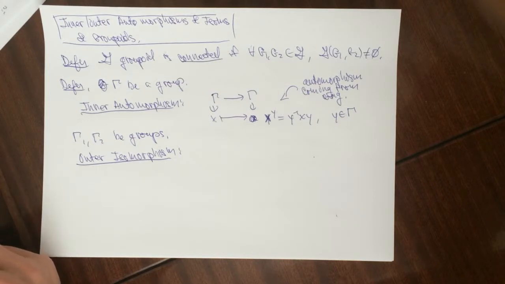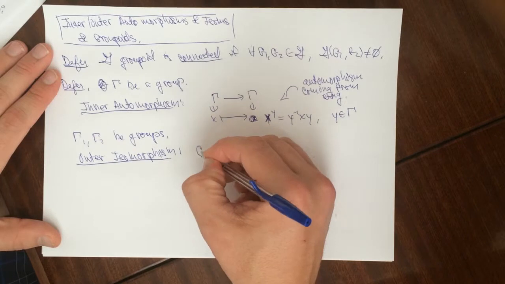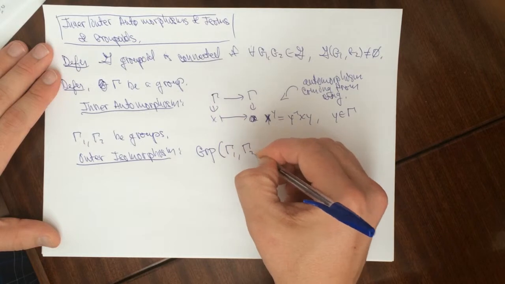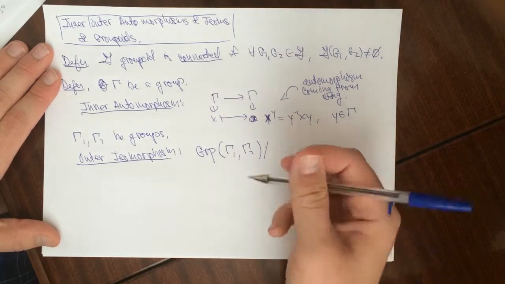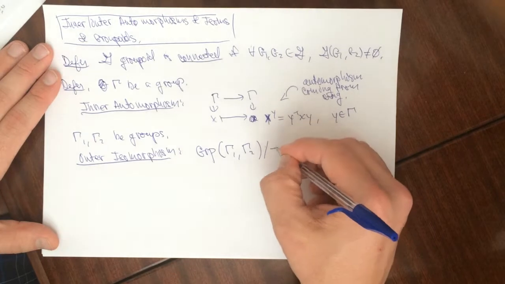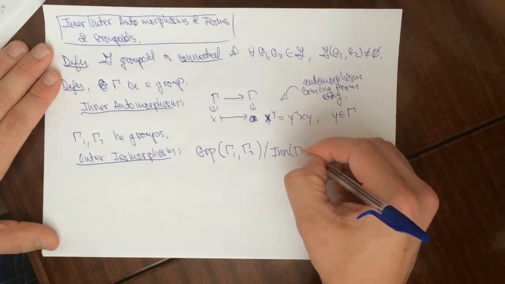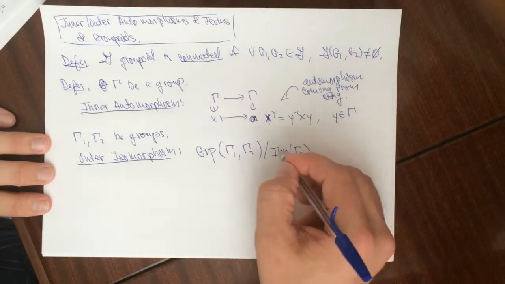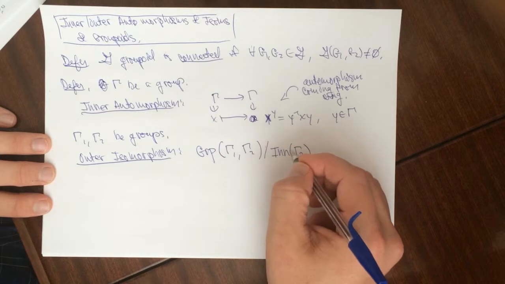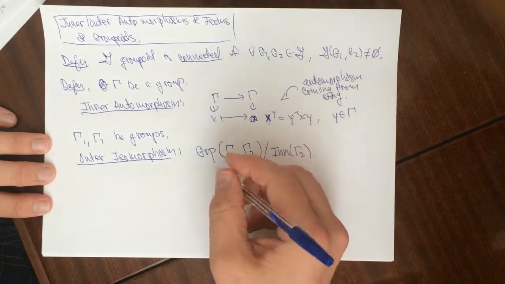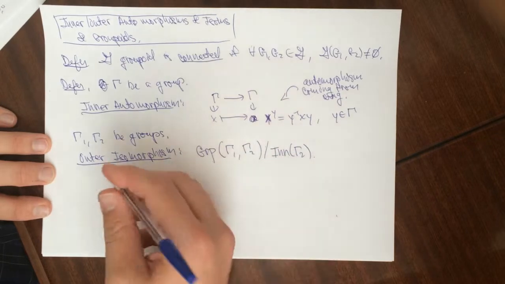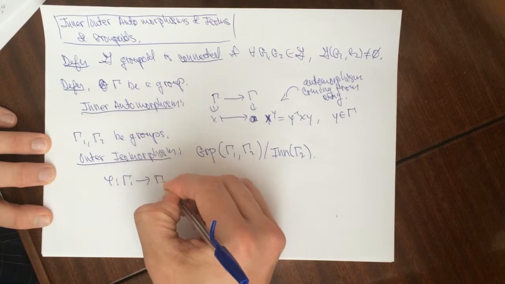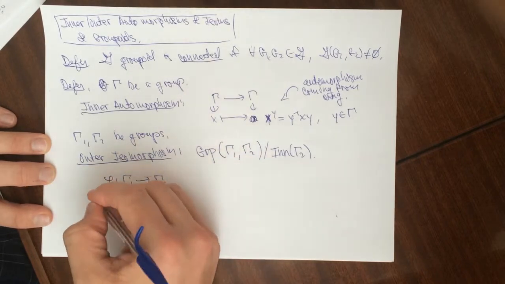Okay, so what you can do is you can take, in the category of groups, you can look at isomorphisms from gamma 1 to gamma 2, and then you can mod out by the inner isomorphisms of gamma 2. Okay, so let's look at the action here. So here's the action by conjugation, and what you can do is you can take one of these guys. So suppose I have, let's say, phi from gamma 1 to gamma 2, and let's suppose I have, let's say,